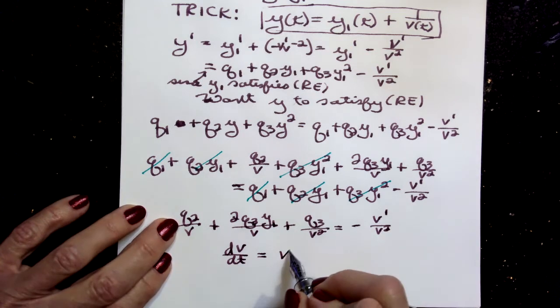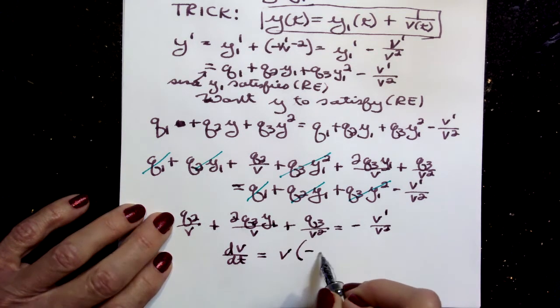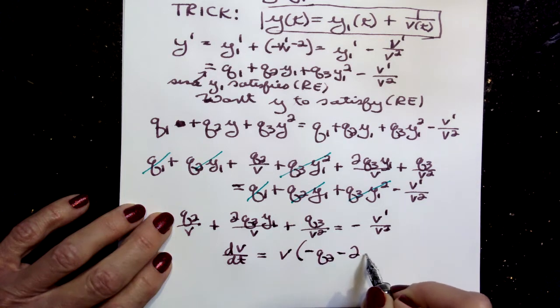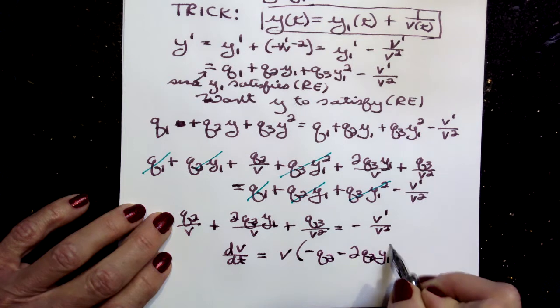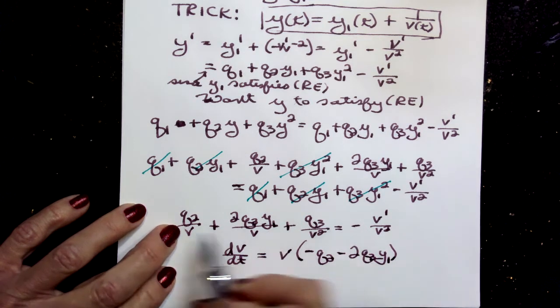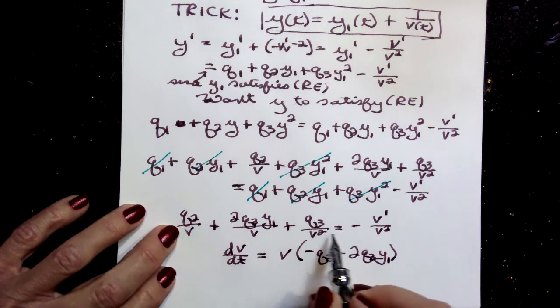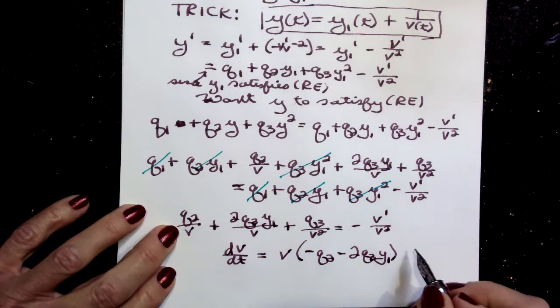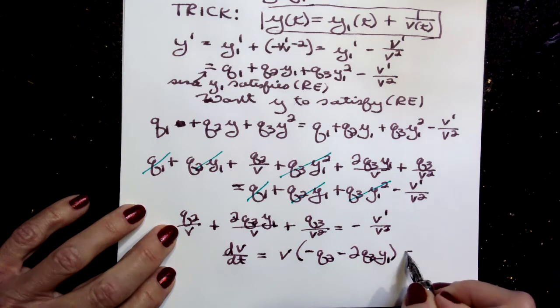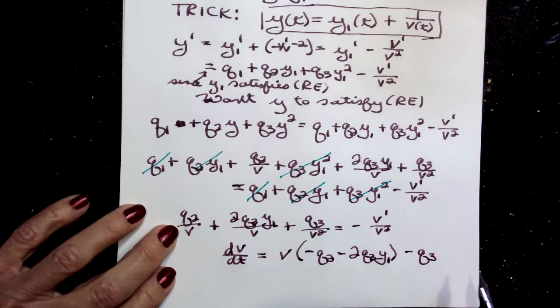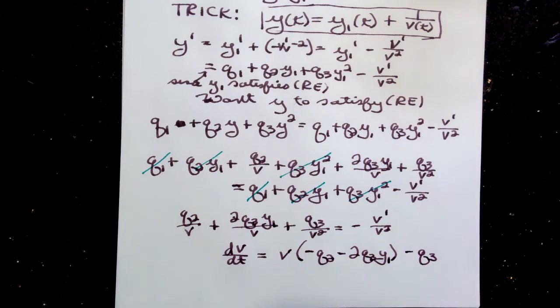So I will have a V times the terms minus Q2 minus 2Q3Y1, because when I multiply by V squared, I'll still have a V from these terms. When I multiply this one by V squared, I don't have any other terms, so I have a minus Q3. Okay. And now when you look at this equation for V,